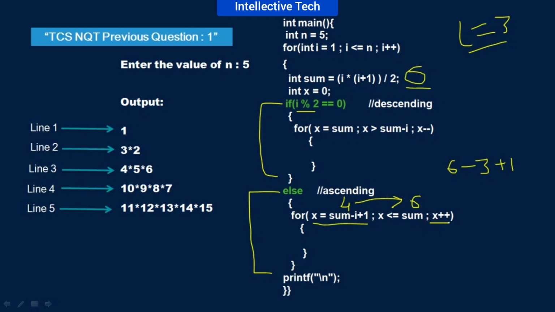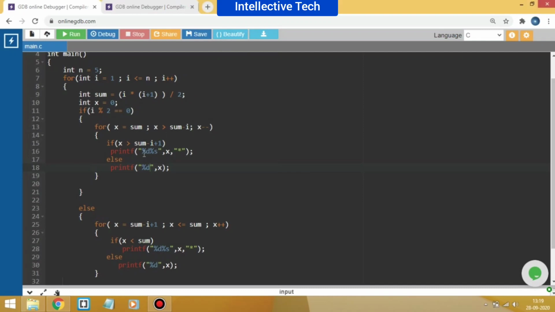In every iteration we are incrementing the value of x by 1. In the first iteration we will print 4, then we print a star. In the second iteration we will print 5, then a star, then at the third iteration we will print 6. When x value becomes 7, we will exit from this loop, because 7 less than or equal to 6 condition will be false. In the same way, these two blocks will work for other I values also. Let me show the complete code, which will make it clearer.